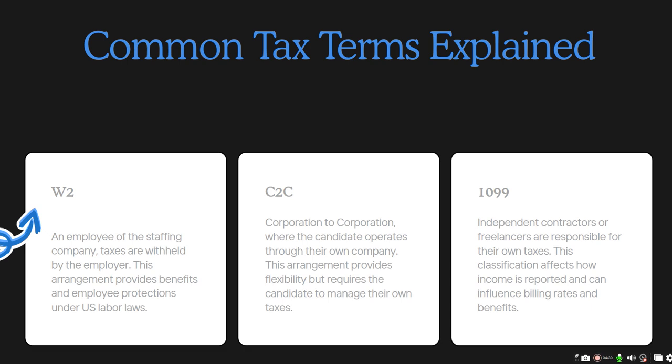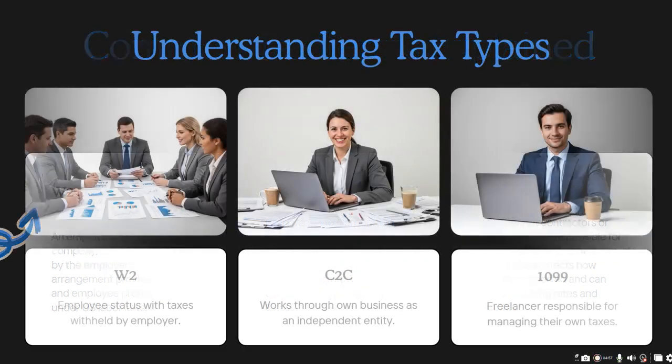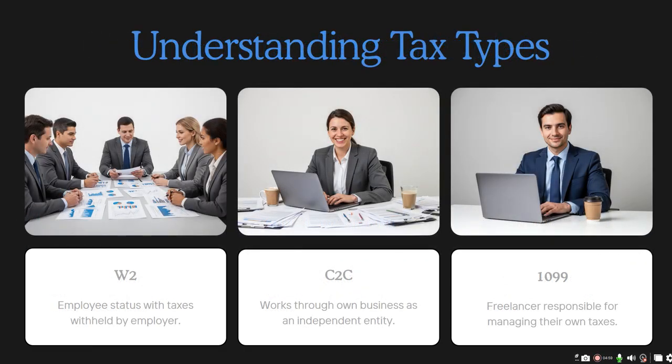In corp to corp, which means corporation to corporation, candidates work through their own company or consulting firm, and the consulting firm pays their taxes. Third, 1099 is for independent contractors, so they handle their own taxes. These types affect payroll, benefits, and billing rates as well. So now let's understand the difference between